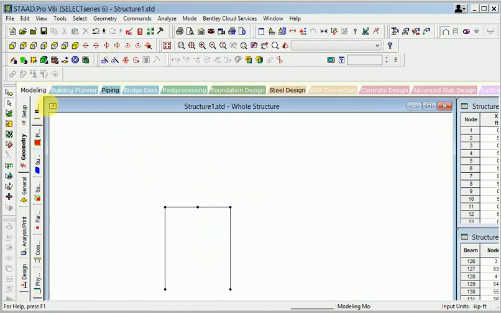So when I get joint member here, add beam, I will click this here. When I join this point to this point, also join this point to this point.